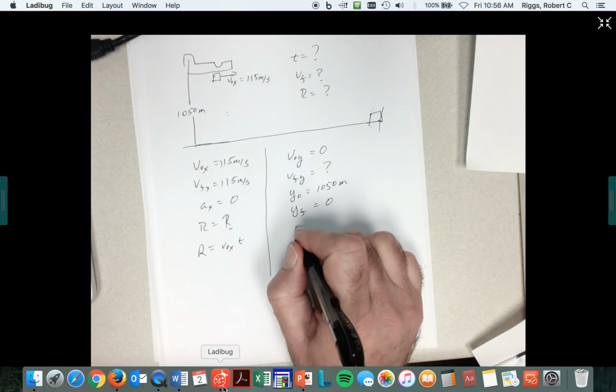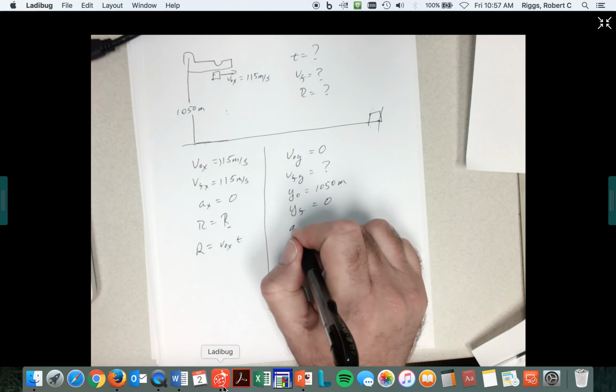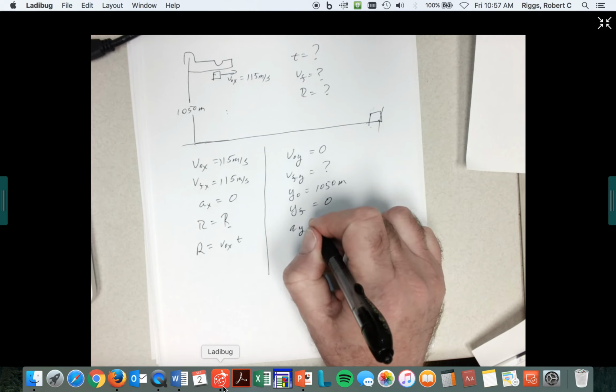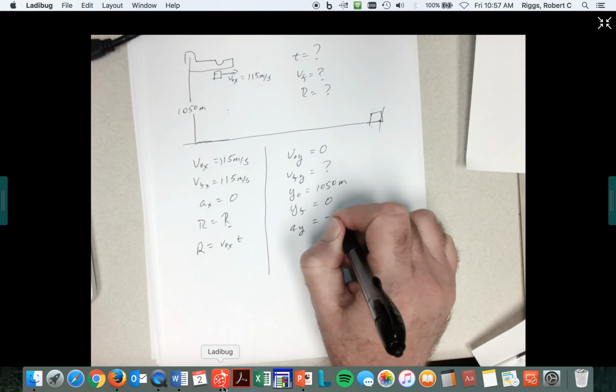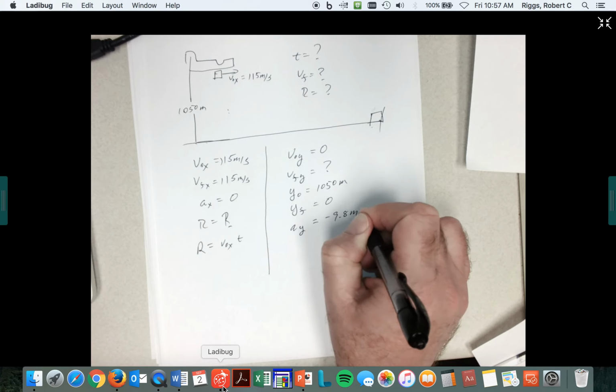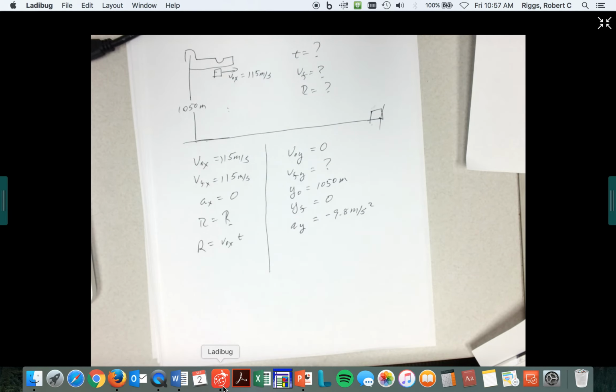Acceleration in the y direction, negative 9.8 meters per second squared. Well, right away you're going, hey, I think I can figure out the time. I think I can figure out the time it was in the air